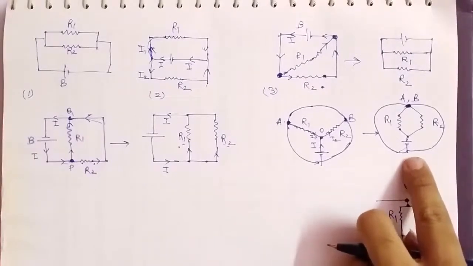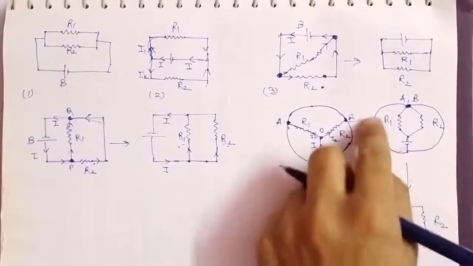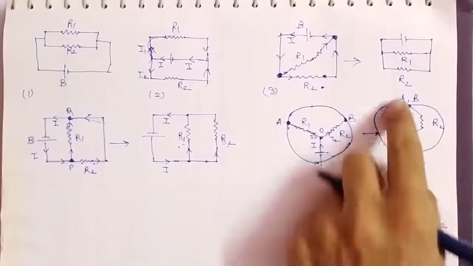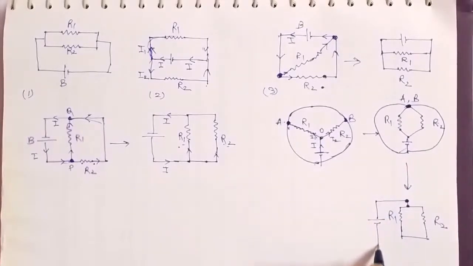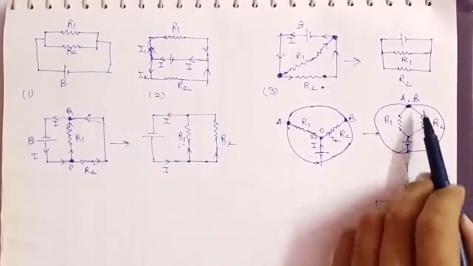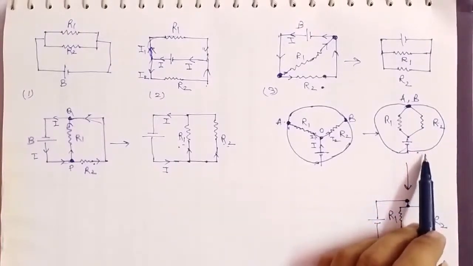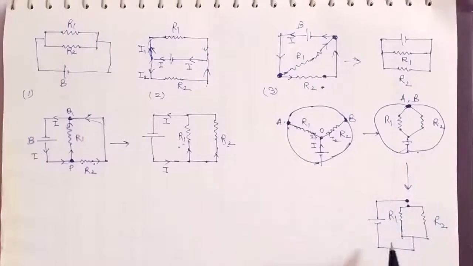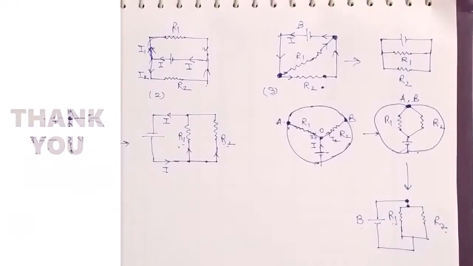And see there, we can shift this battery onto either of the two wires, because there is no resistance on this loop and on this loop. So I am just shifting this battery like this, and I am removing this wire because this wire has no resistance. So either you put it here or you remove it, it does not change anything. So again we got R1 and R2 in parallel with the battery. So that is about the different configurations, and now you can try out many problems on that.